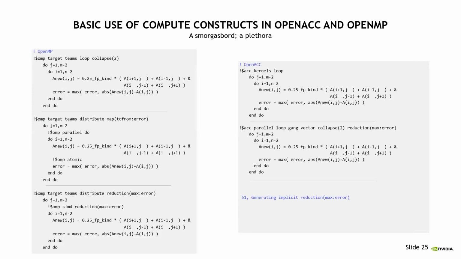So quickly, the center block in our ways to program GPUs is OpenMP and OpenACC. I just wanted to give some quick examples of how to use those. I'm sure you'll go into much more detail in future sessions on that. So for compute constructs, it's OpenMP target teams, and there are 2 basic forms of that. We're recommending you use loop, OpenMP target teams loop, which is the upper left. You can also